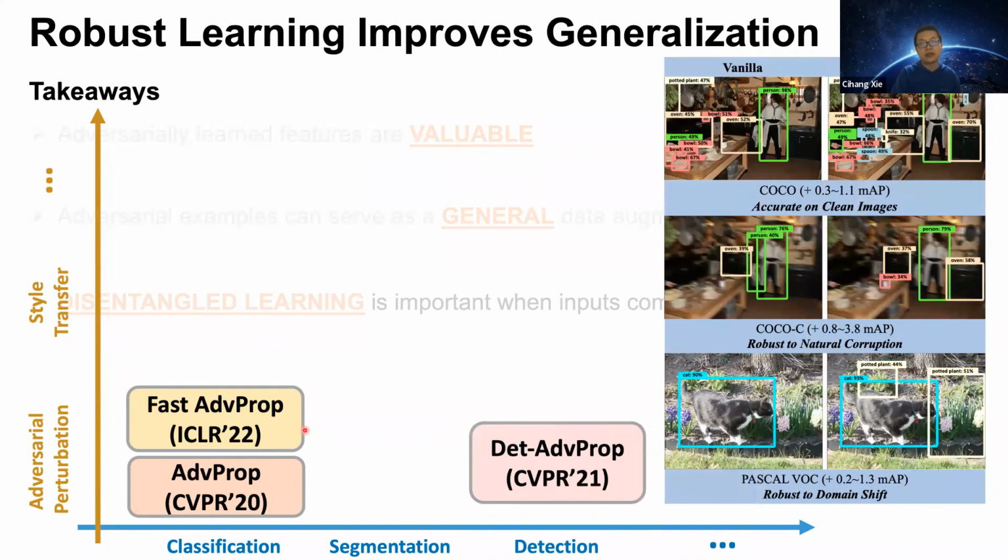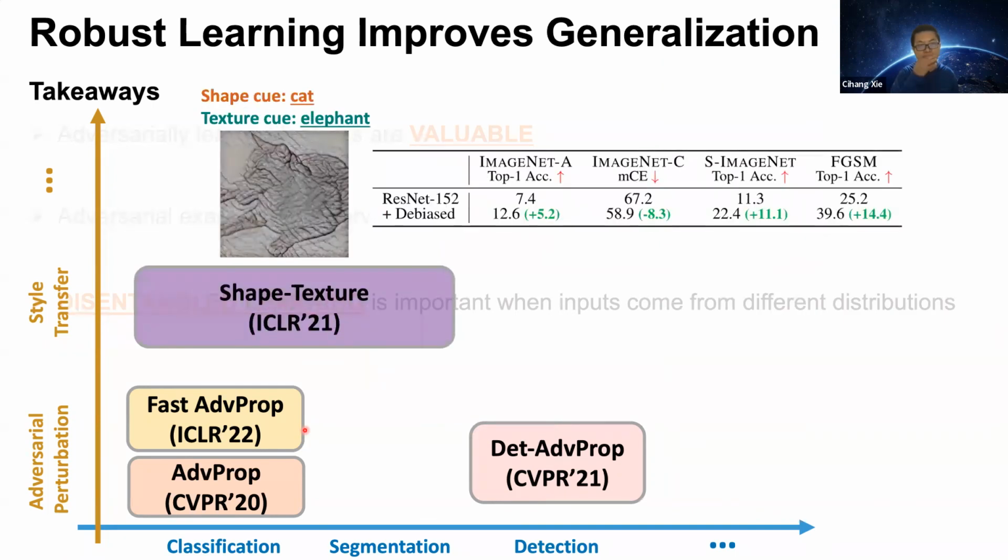Also, we generalize this AdvProp work to the detection task, and we show that using adversarial examples can basically get you much more robust object detectors. And also, we generalize this